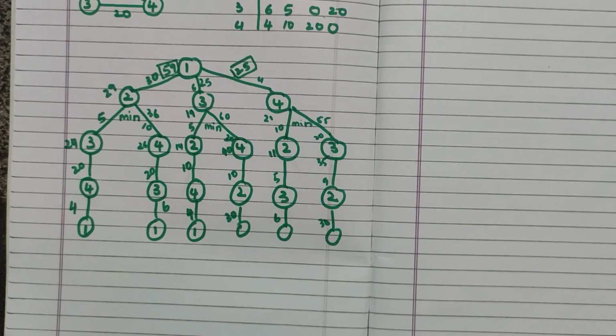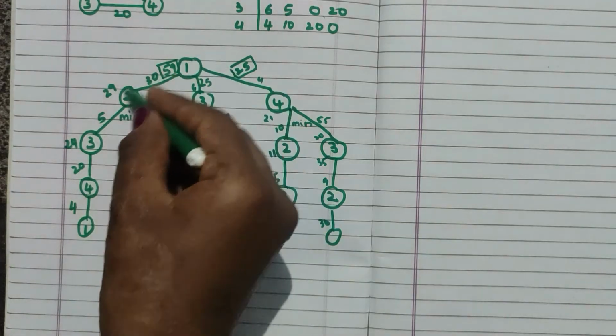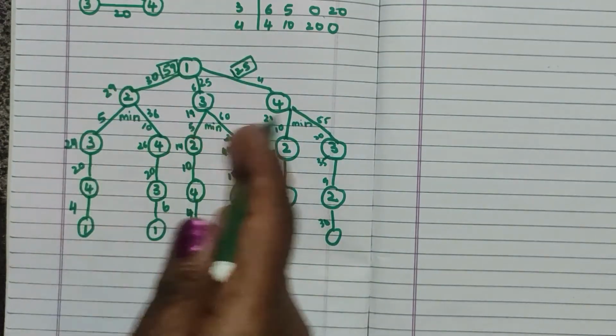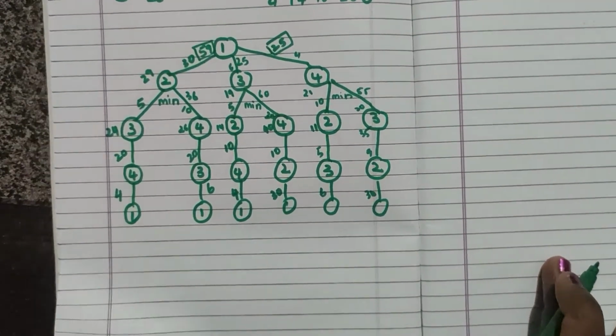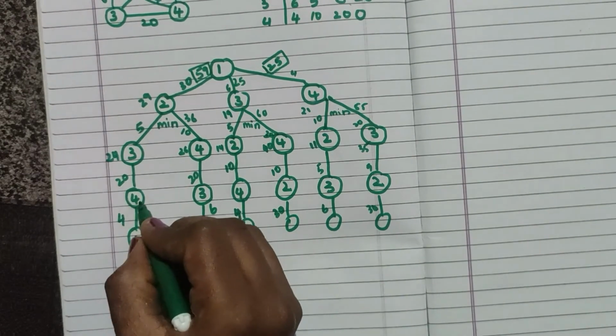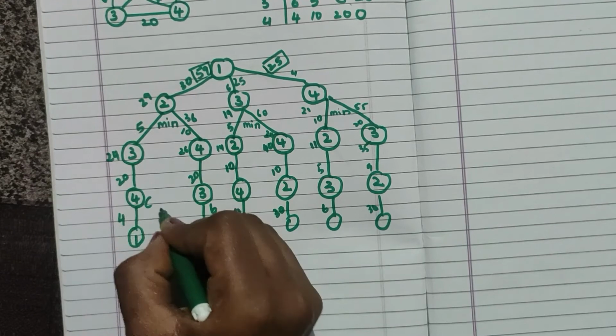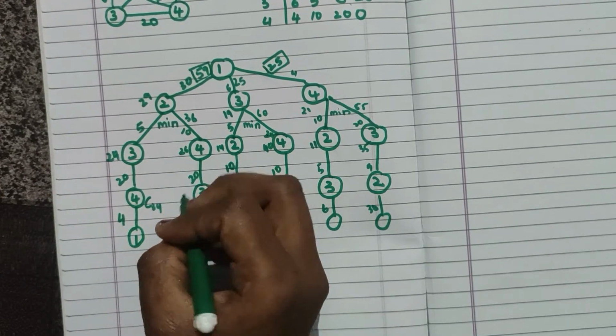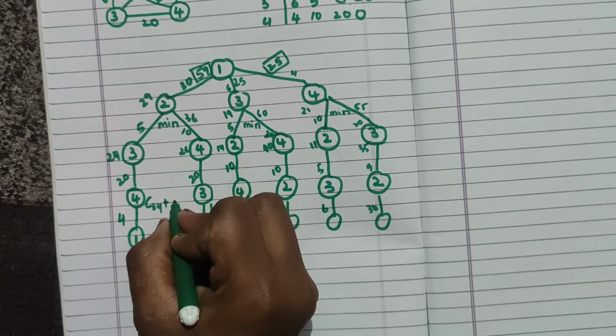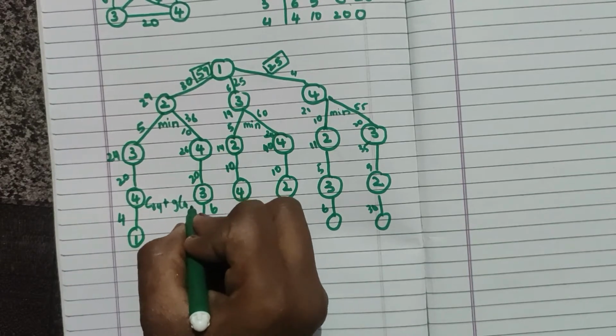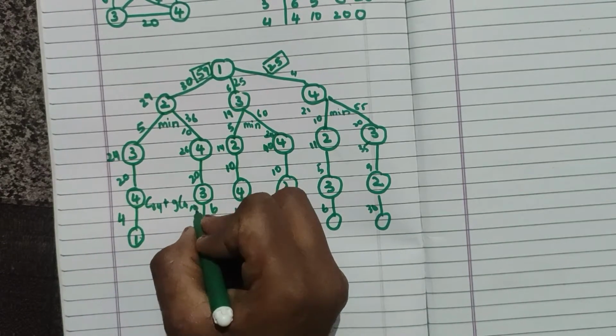So this is how you solve in spanning tree. So now let's look for the formula, how to solve using the formula. So I will teach you one, how to set up the formula for this, then the remaining will be same. So first we'll be starting from here. So here if you see, you have 3 here. So cost of 3 to 4 plus g of 4 to the null value.